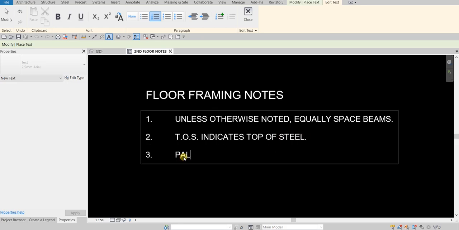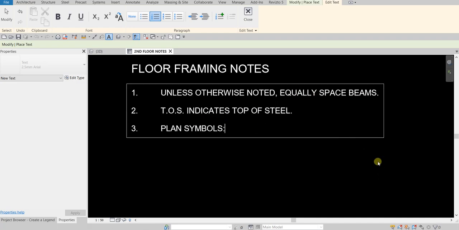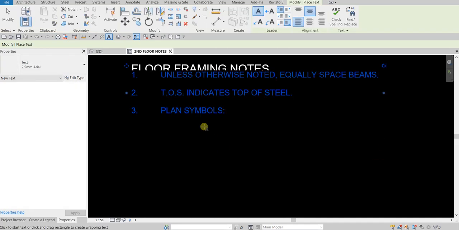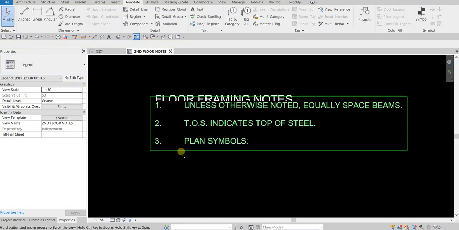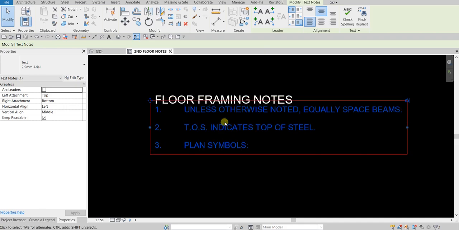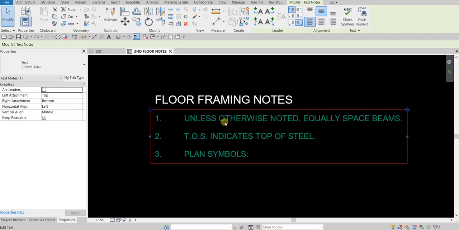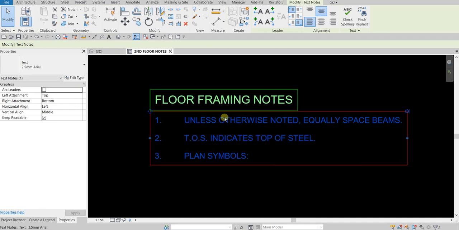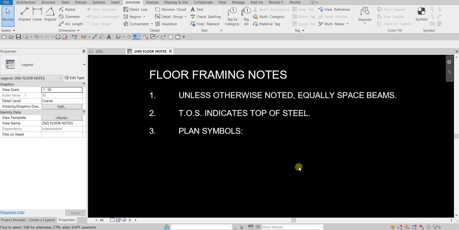So I'll just type here plan symbols colon. All right, so now the next thing that I'm going to do is pick outside. Okay, and then I'll select modify, and then click the text here. I'll just use the arrow to move it manually. Okay, there you go. Now the next thing that I'm going to do is add annotation symbols with